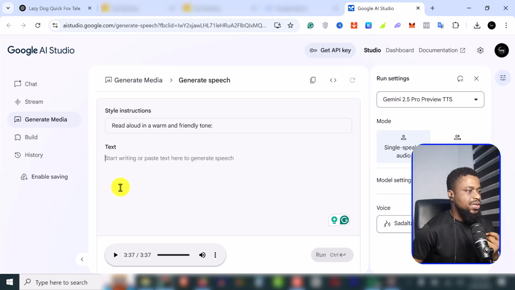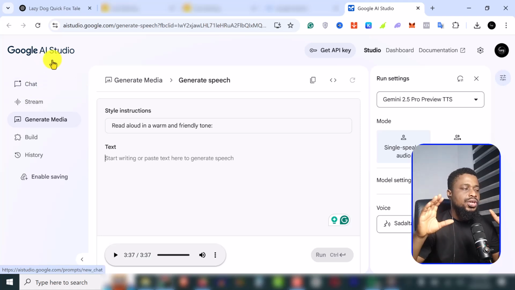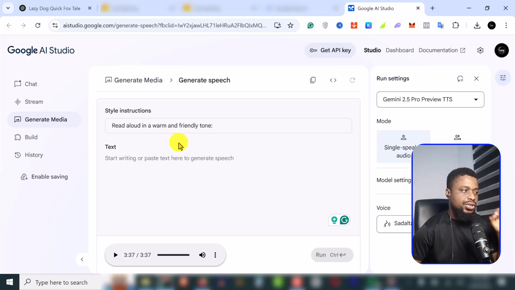If you come to this website, you can actually use this website to generate voiceovers, or you can use this website to basically give it text and then it will turn it into voices for you. So this is what the interface looks like, and again, this is from Google, which means you get the luxury of using it for free. So this is a very simple interface, and it's free. All you have to do is just log in using a Gmail account